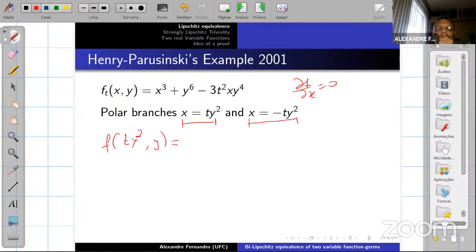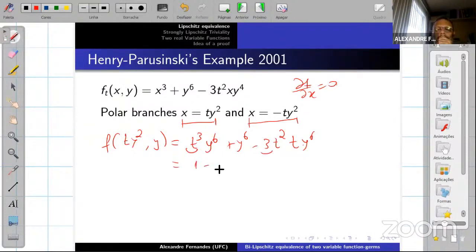When you compute this, you have x^3 y^6 plus y^6 minus 3 times 3 times t squared t y, t y^6. This is equal to